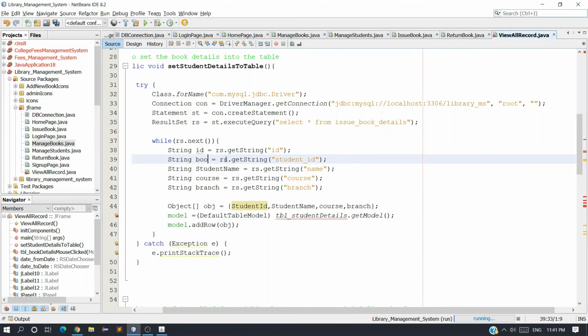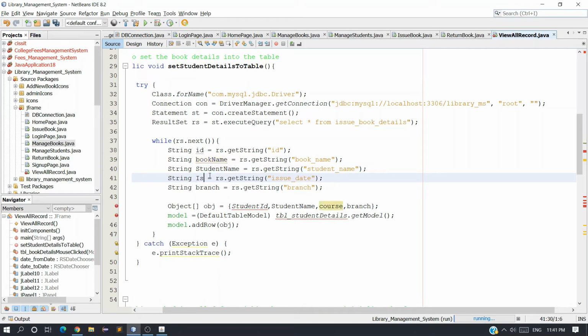So string book name, rs dot get string book underscore name. The next one is student name, and here student underscore name. The next one is issue date, so here issue underscore date.